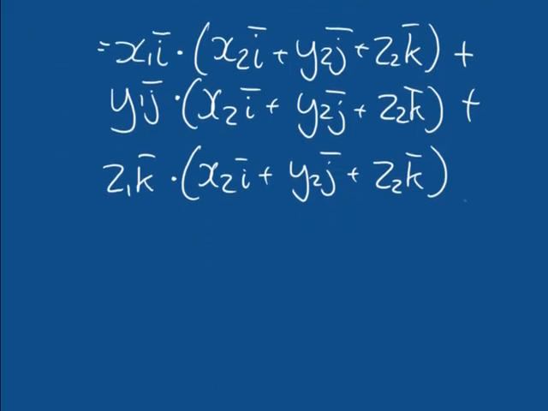We can then expand this further, as I was saying a second ago, by multiplying each of these out and adding them together. So it's going to become quite a long equation, but if we take it slowly, step by step, it's actually not too hard. So we'd get here x1i